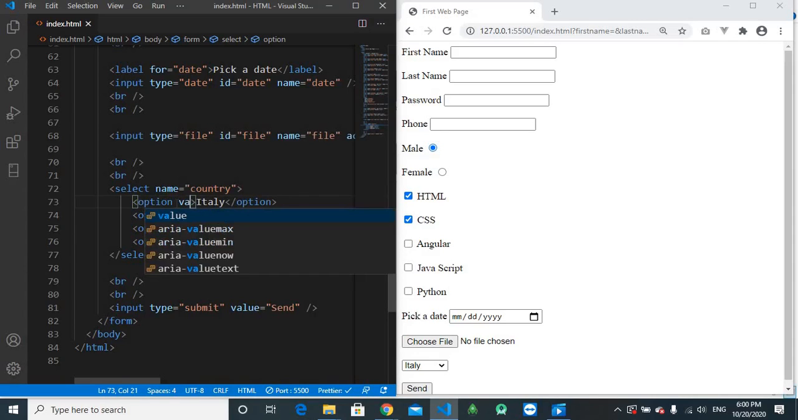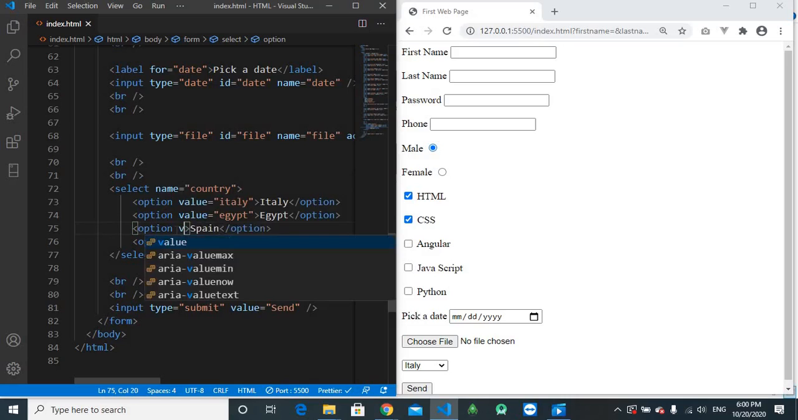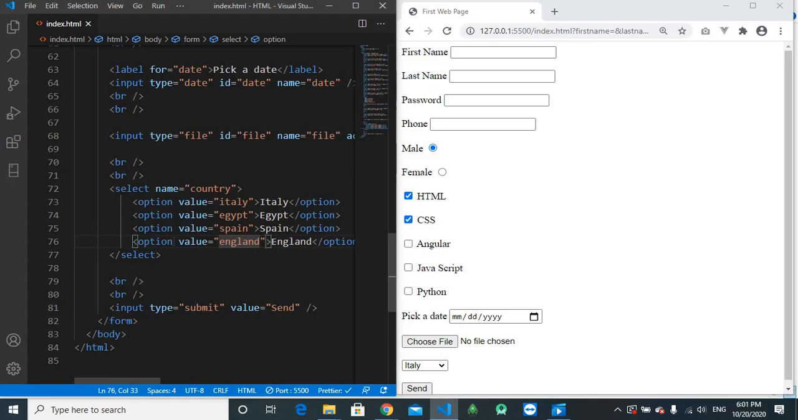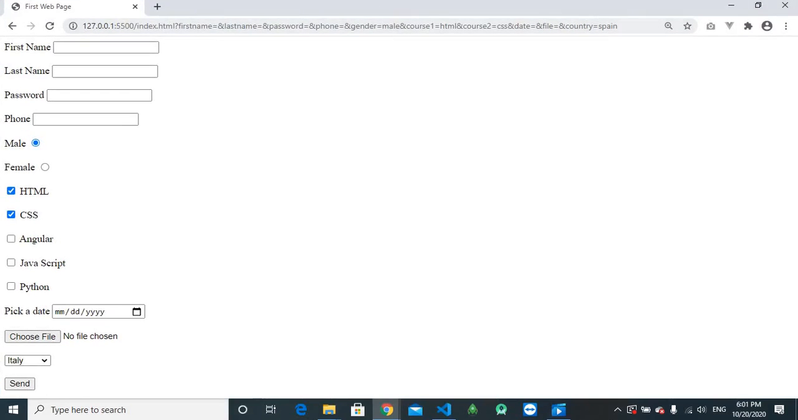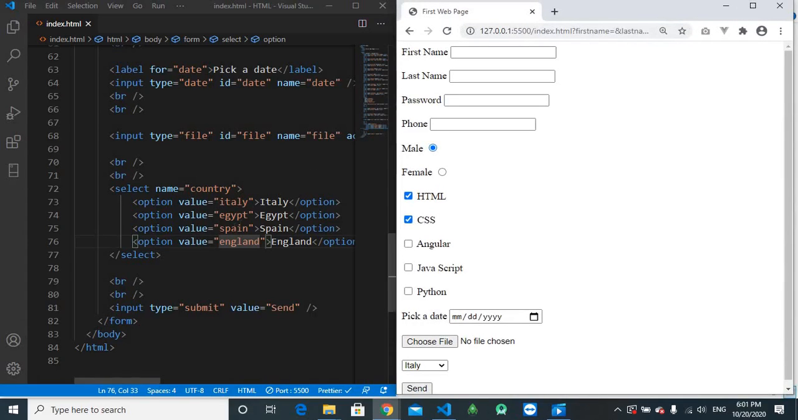So let's add the value, and let's say here Italy. And you're going to see that when we add the value, it's going to take the value in here. So the value is the priority. Spain, and then value England. Now let's select Spain and then send. Country equals Spain. It has taken Spain value from here, because here the S is capital and here the S is small. Now it has taken this one,